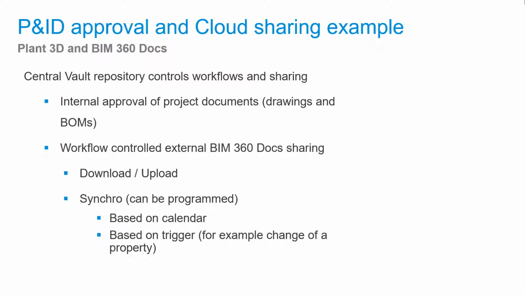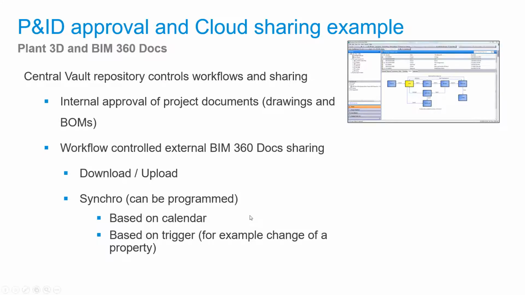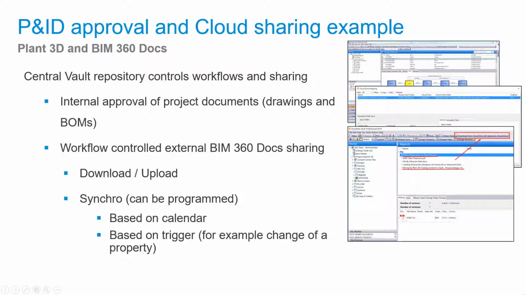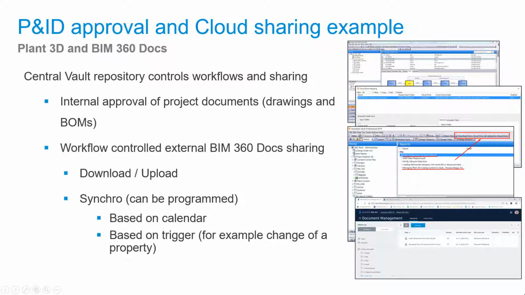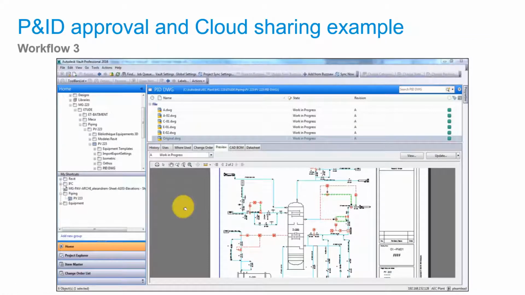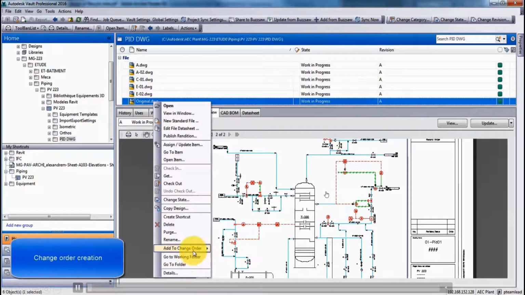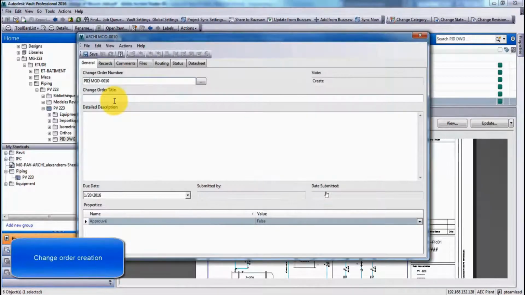The third workflow would be approval of PNID drawings. As you can see, we can use the Vault approval workflows and then the cloud drive mapping to share the approved documents to BIM 360 from within Vault Professional. And then the documents will be available in BIM 360. We can now take a quick look at this PNID drawing approval and how we can share it on the cloud on BIM 360. We are going to use the change order feature of Vault,